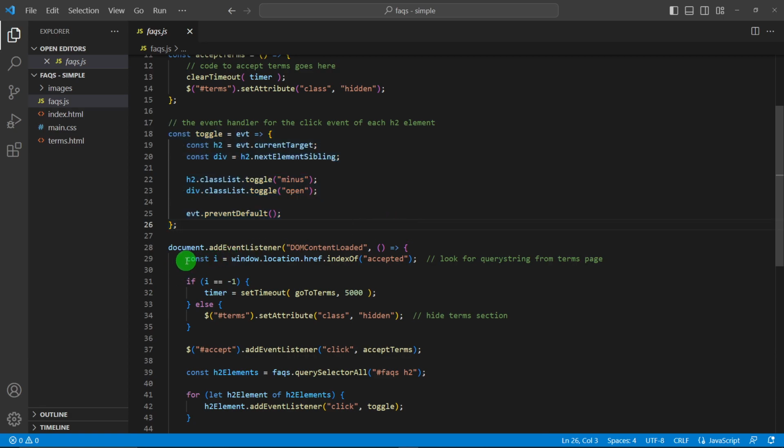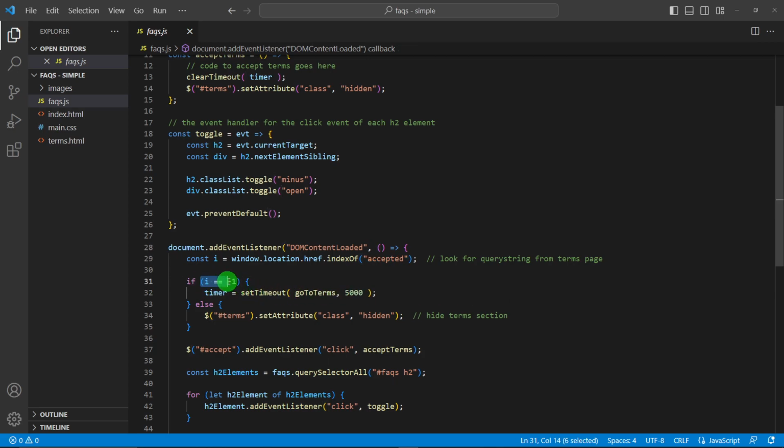But in DOM content loaded, we have this constant called i that looks at the address, and it looks in the address to see if that word accepted is in there. If it doesn't find it, the index of that word that gets returned will be -1, so that constant i will be set to -1. So if it doesn't find that we've already accepted terms in the address bar,